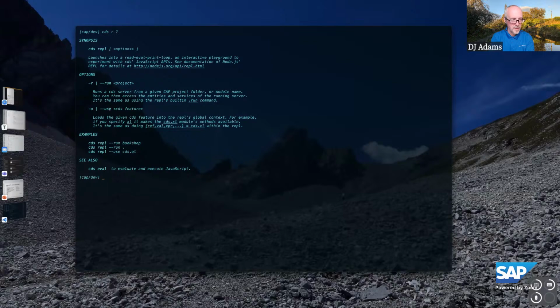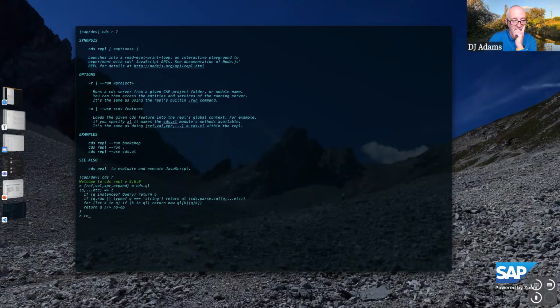That we can immediately load it. So basically, that is the same. Then I run this project here and I do something like, hey, I want to play around with the new stuff that I created, which is ref, val, expression, and expand. And I know that is provided by the CDSQL module.